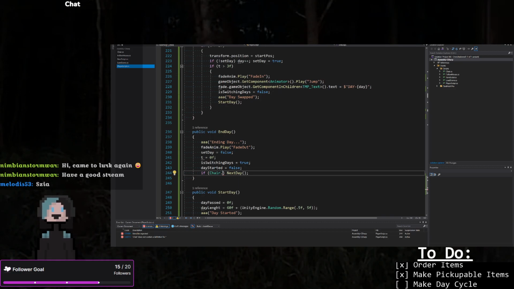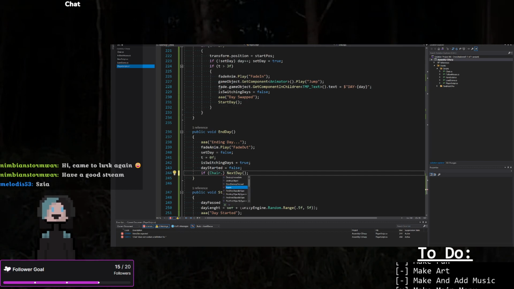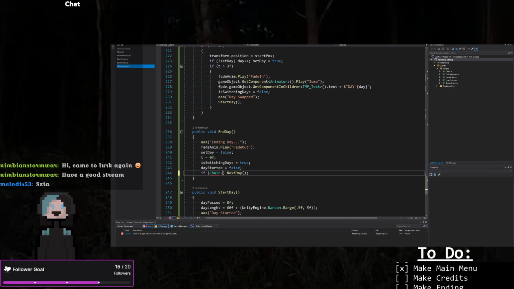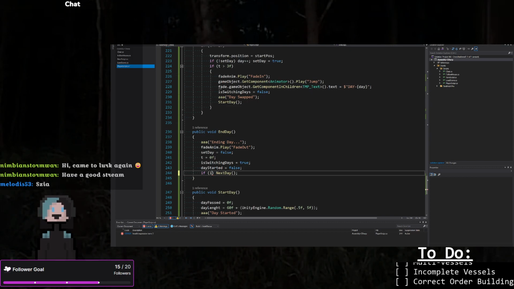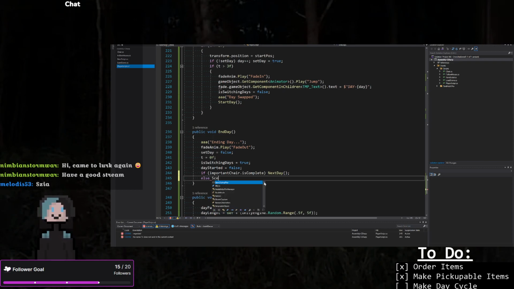If chair dot is complete. If chair dot... oh wait, if ch... dot is... oh, I need the important chair, right? Important chair dot is complete. Then next day, else scene